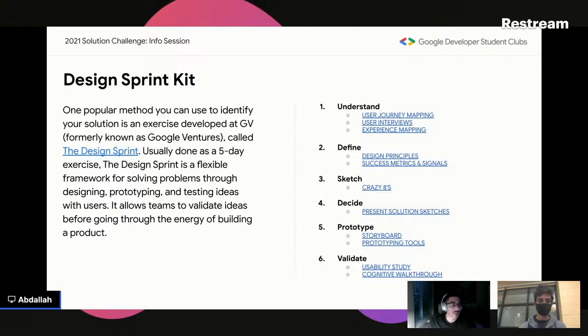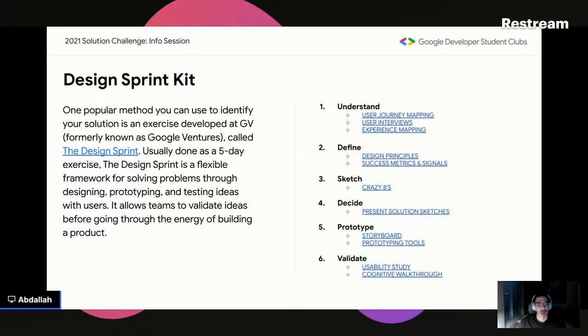One popular method that you can use to identify your solution challenge is an exercise that was previously made by Google Ventures. This exercise is really nice if you want a really fast startup, because it's a 5-day exercise that is very flexible. So you do not need to attend any events or prepare any documents. Basically, you could just jump in right away.